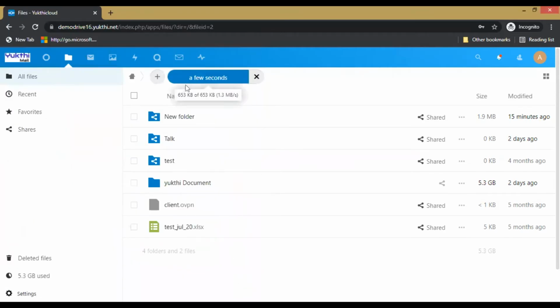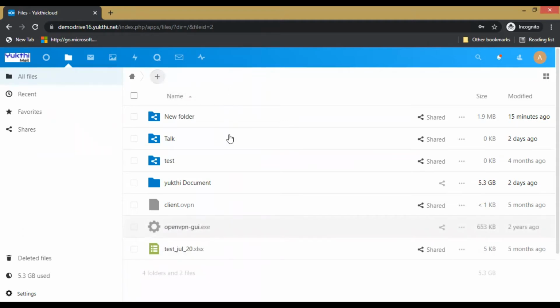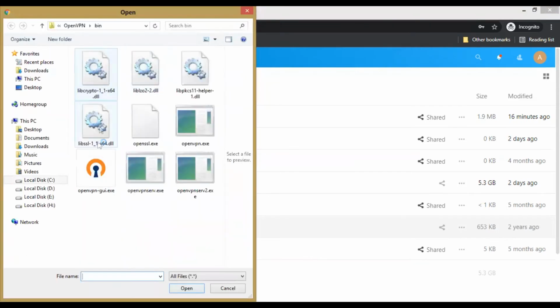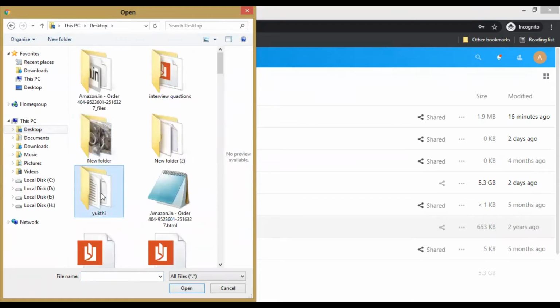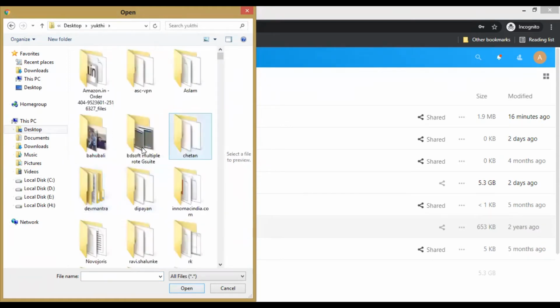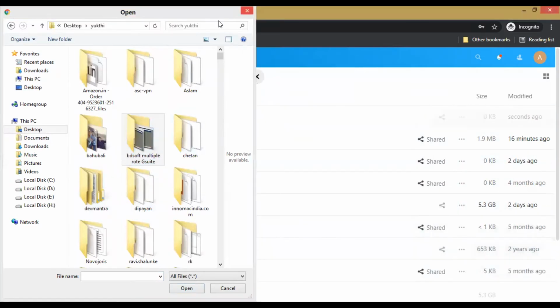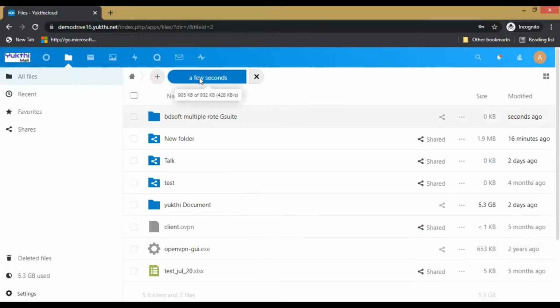See here, it will show the uploading speed, it is taking 1 MB per second. If you want to upload a folder, you can just drag and drop that folder. I'll show you. Just drag that folder and drop here. See here, it's uploading.